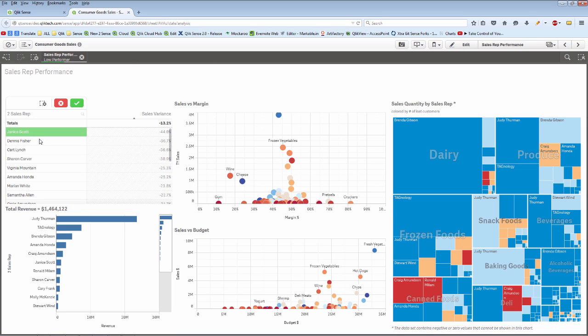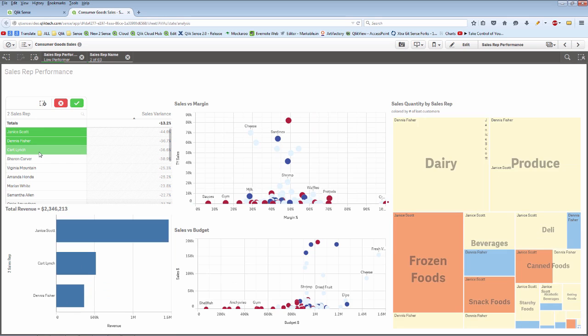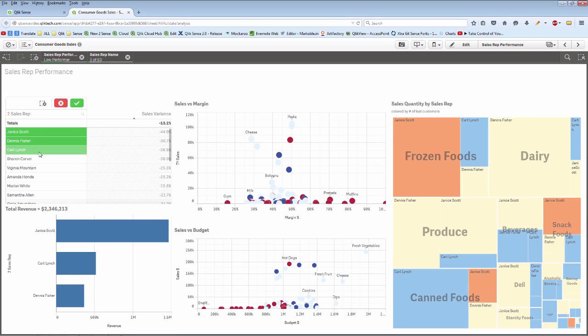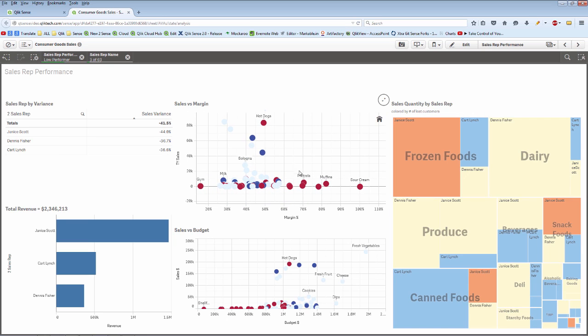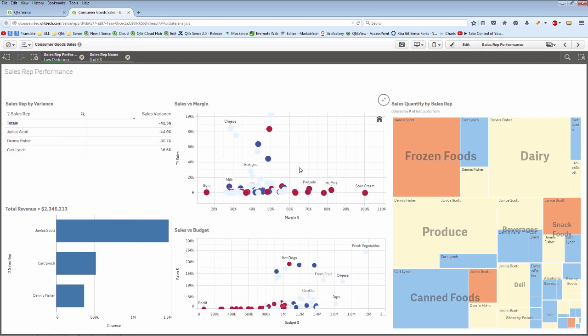Now let's focus on the bottom 3 reps here of those low performers. And you can see as I interact with the data table, all I do is simply select those particular values, and we can confirm those selections. Okay. Now we have a scatter plot here, and this scatter plot basically is showing me sales versus margin, and they're also colored by the number of lost customers. So with these high margin, low selling products in this particular area, we're losing the most customers for these particular reps. So this is uncovering a particular opportunity or discovery.